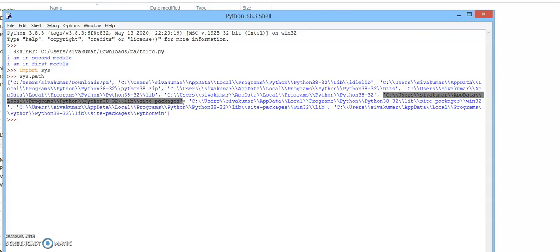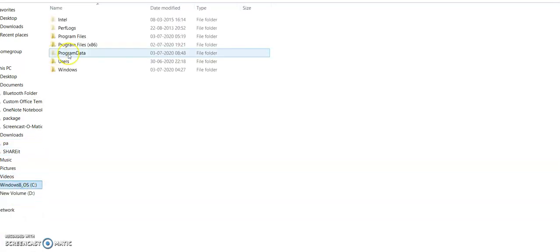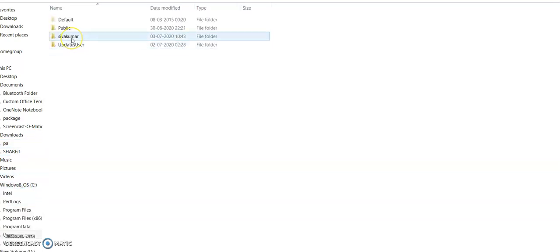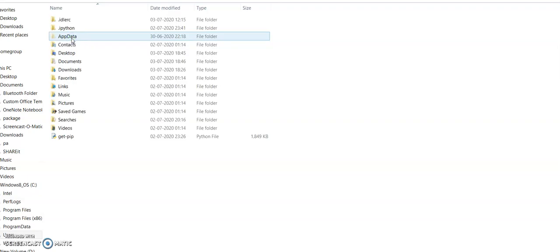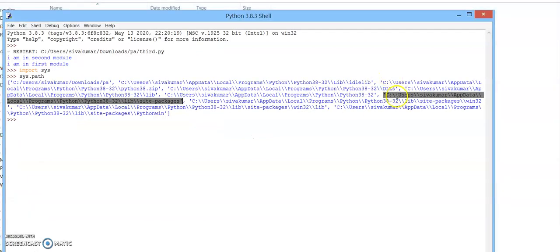So here, I am going, see, listen. In C: I have to go to Users, then under Users the name in the path. Copy the path and go.